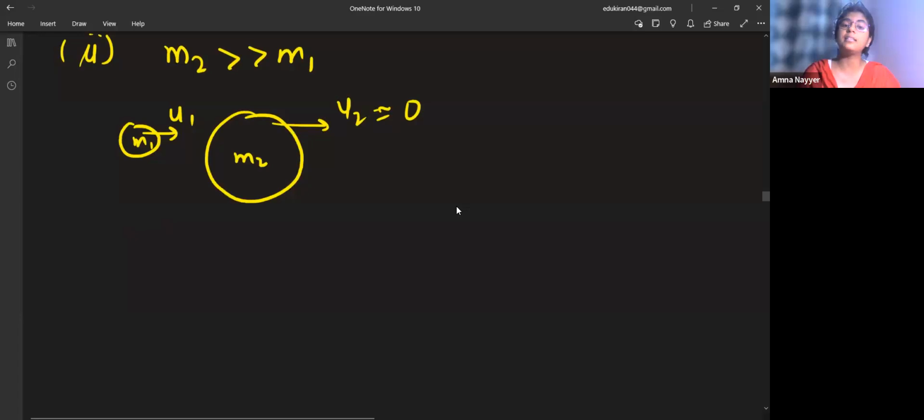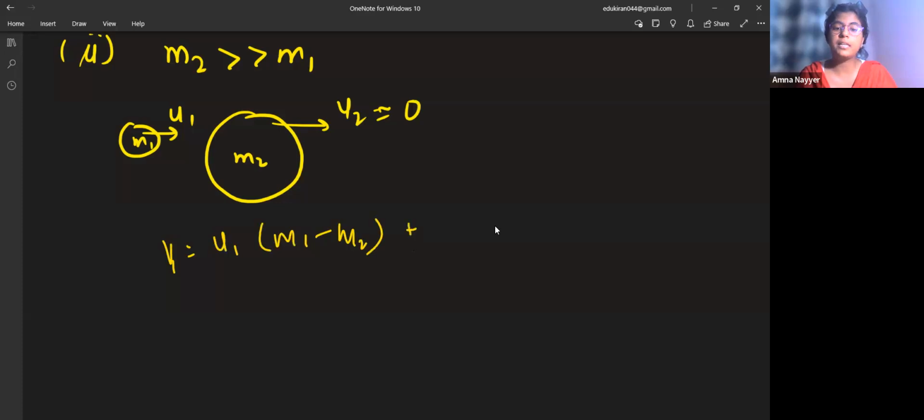Then if the second mass is very huge, and this one comes and collides, would the huge mass move? It won't move. Collision will occur, we will consider the collision, but it won't move. So we almost take its velocity as 0. So if u2 becomes 0, for v1 we have u1 (m1 minus m2) plus 2m2 u2, divided by m1